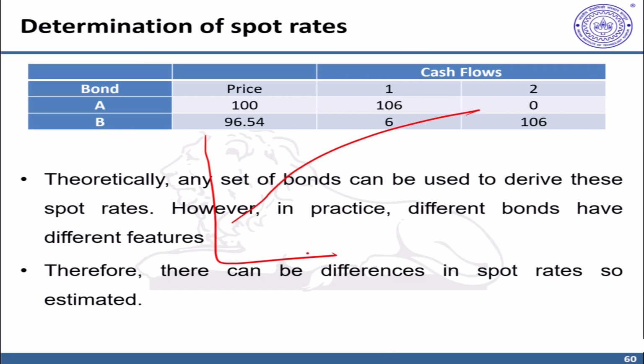Second, why is this term structure of spot rates important? Once you have the risk-free spot rate for a given maturity, let's say time t, if you want the risky spot rate for a different risk category, double A, triple B, you can keep on adding the risk premia for the appropriate risk that you want to assess, and get the term structure of spot rates for the risky instruments. So that is why this risk-free spot rate term structure acts as a benchmark, and its discovery is very useful in financial markets.